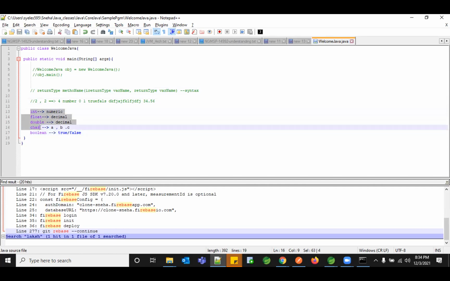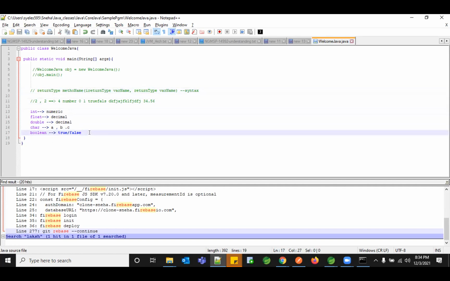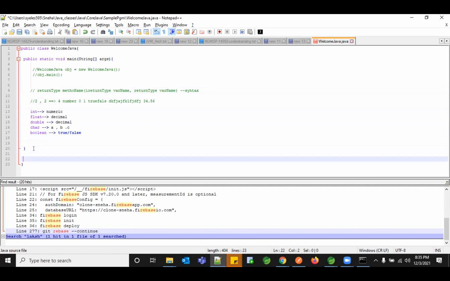So these are the data types you need to use whenever you hear the word return type. So for example, if I need to create a method right now, I should follow this similar structure, right? So the return type, I'm just writing a reference for an add method. So let me write an add method outside this main, okay? Now I have the return type int. My method name is add. I need two inputs. So I'm creating int as a type and giving one input as A, and going with the second one, I'm creating a variable as B, and I'm closing it. So this is the definition.